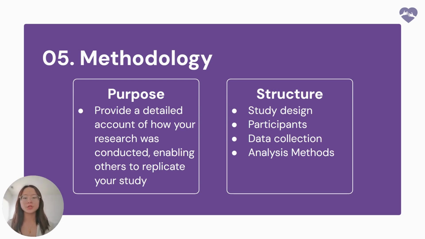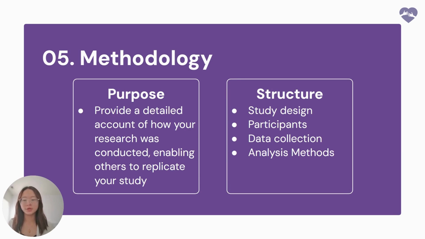Lastly, discuss your analysis methods. This section outlines how you analyzed the data you collected. Be specific about the techniques you used. Whether it's statistical tests, qualitative coding, or machine learning algorithms, make sure the methods are appropriate for your research question. For instance, if you're comparing two groups, you might use a t-test or ANOVA to assess differences. In summary, your methodology should walk the reader through each step of your research process, ensuring it's detailed enough for